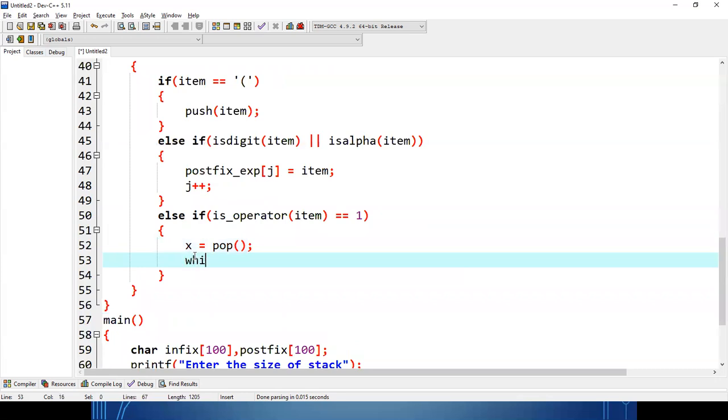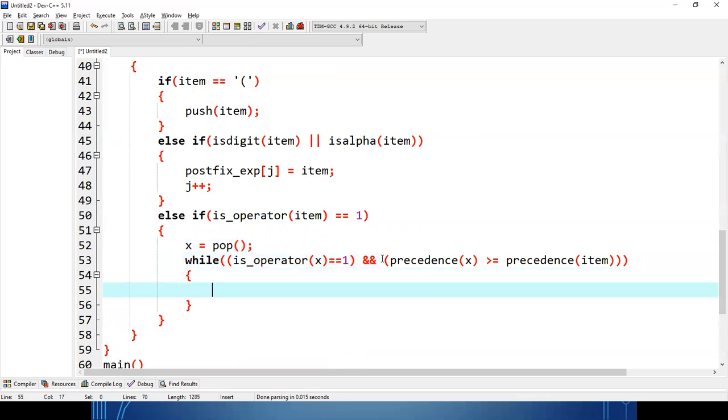Till what? Till the condition is satisfied. What is the condition? Whatever I have popped from the stack top, if it is also an operator and the precedence of that stack top symbol is greater than or equal to the precedence of item.